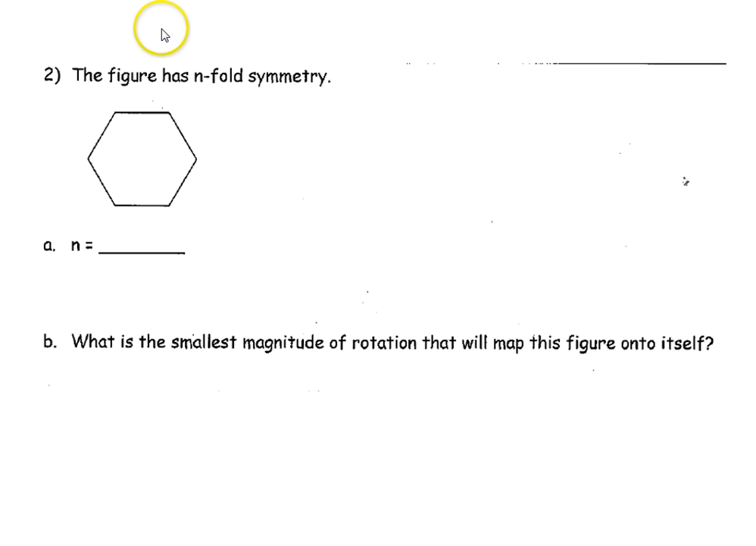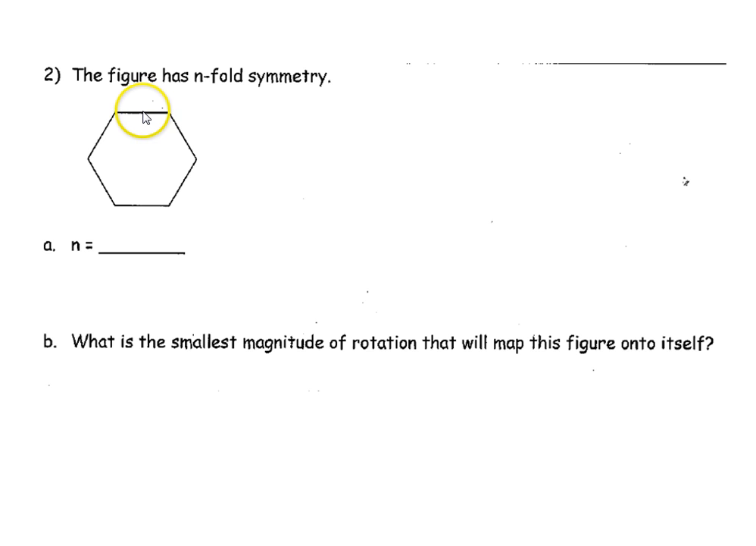Number 2, we have this figure here, which is a hexagon. It's a regular hexagon. That's not obvious. That would be a good question to ask, to clarify whether or not it's a regular hexagon. And it has n-fold symmetry, and n-fold symmetry refers to rotational symmetry. So how many times will we see this hexagon as it appears here if we were to rotate it 360